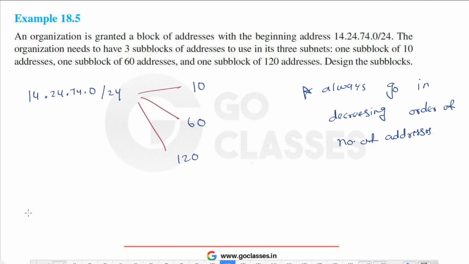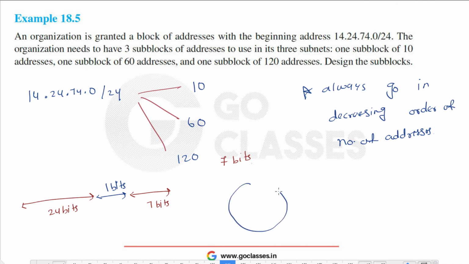Now for 120 addresses, how many bits do you need? You will be needing 7 bits here. You already have 24 bits for the network ID, and you will be needing 7 bits for the host ID. Then how many bits will you have for the subnet number? I think there's only one bit, right? So you will have one bit for the subnet number,